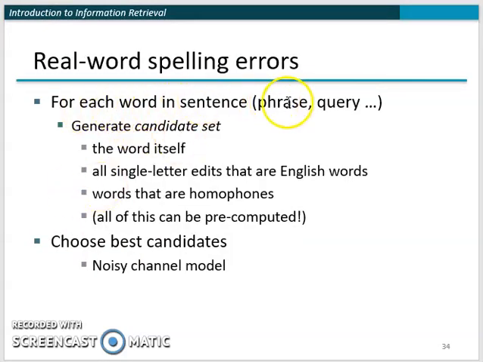Okay, so for every word in a sentence, which could be a phrase or a query, generate a candidate set which includes the word itself, the single letter edits, and the words which have the same pronunciation. We can ignore this one for the time being. We'll only consider the single letter edits, and then we can rank them using